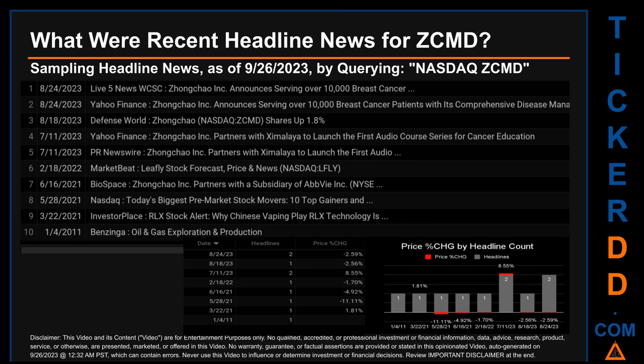What were recent headline news for ZCMD? Today, Tuesday, September 26, 2023, I sampled one of our news aggregators for latest headlines for this ticker. I did so by searching specifically by a keyword that may appear, broadly, in the title or the body, of discoverable news articles. The keyword that I used was a combination of the exchange and the ticker symbol, NASDAQ: